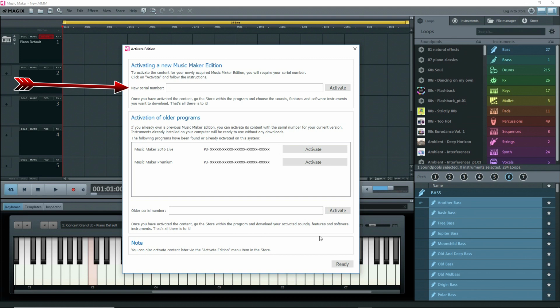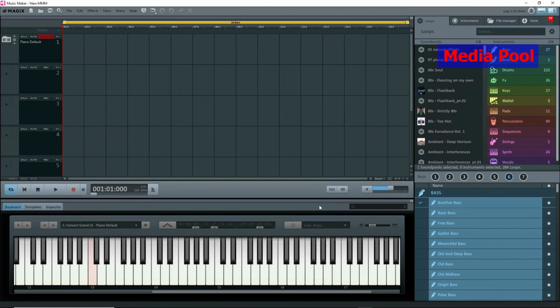At the top is a box to put in a new serial number. If you just purchase Plus or Premium, you can put it in and click on Activate. If you just have the free version, you have no serial number, so you do nothing. For now, I won't activate anything so that you can see more or less what happens with the free version. At the right is the Media Pool and the Loops tab is open. I have a lot of them and they were detected by the new version. Why? Because the default location of